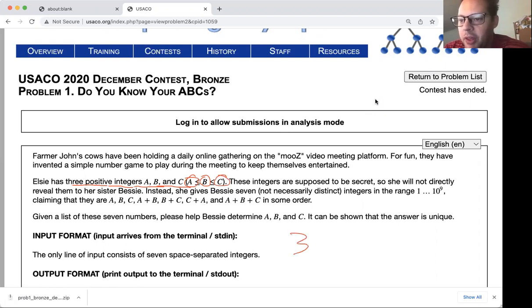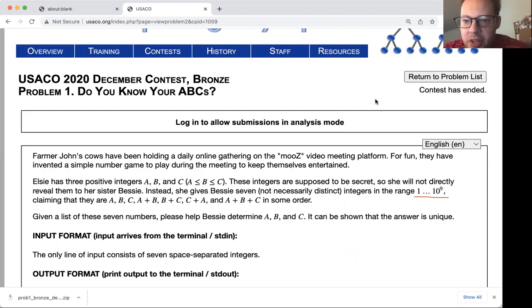So for example, they could be 3, 4, 5, and they could be 3, 3, 3, but they can't be 3, 2, 1. A is the smallest, B is at least as large as A, and C is at least as large as B. These integers are supposed to be a secret, so she will not directly reveal them to her sister Bessie. Instead, she gives Bessie 7 not necessarily distinct integers in the range of 1 to 10 to the 9th,